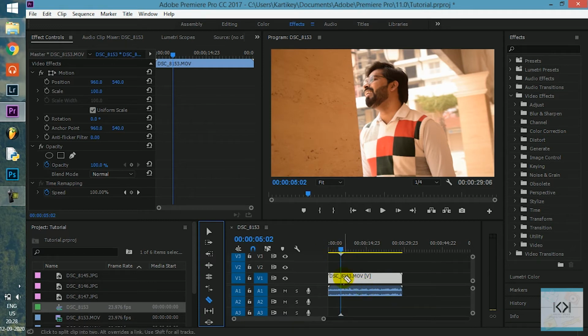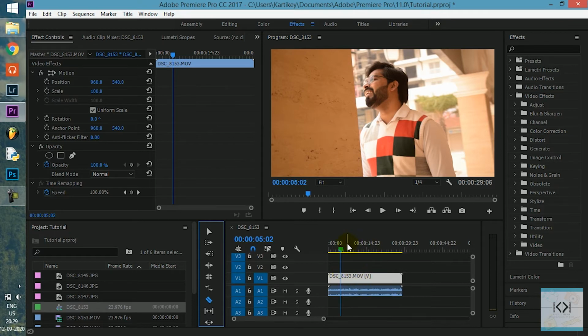That means the magnetic selection of this razor tool with respect to this playhead is enabled, and the shortcut for this one is S. When this is enabled, whatever you do works in a magnetic manner.